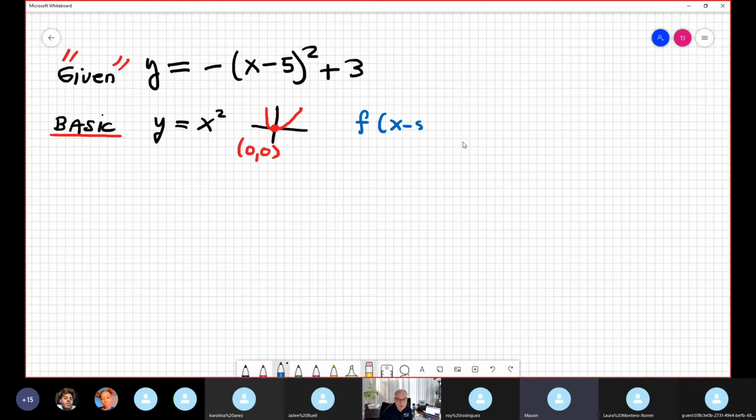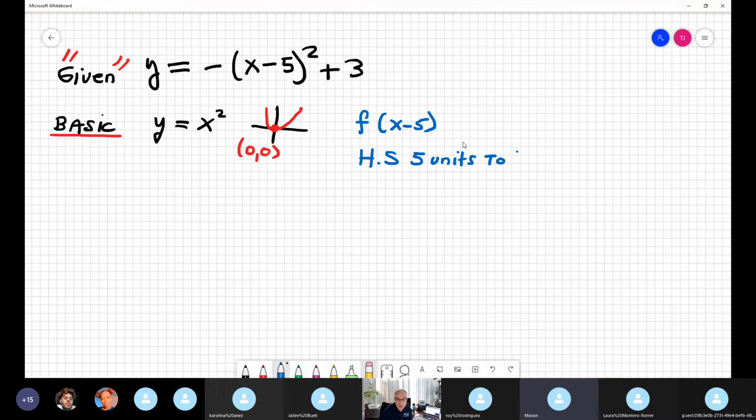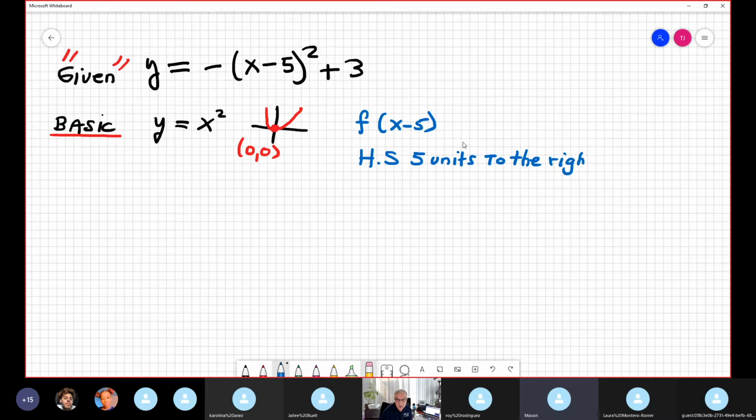Somebody is subtracting 5 inside the parentheses. And that means horizontal shift 5 units to the right. Yeah, I know it goes to the right because of the negative. I proved it in the last class. Okay, so my new parabola after the transformation now is,